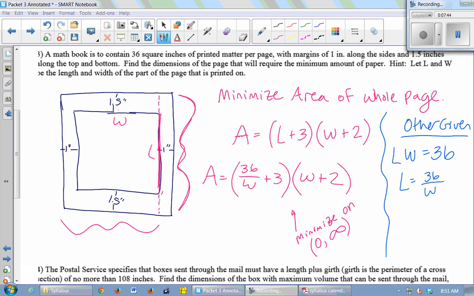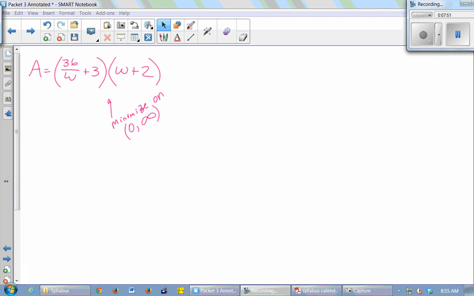So it might happen near an endpoint, your minimum, or it might happen at a critical value. All right, let's go through it together. If we're looking for a global minimum, the lowest point in the domain, because I really want to have the lowest possible area, then I need to find critical values and then also check the endpoints. This is an open interval, so I have to see what happens near the edges, because you can't actually get to 0 or infinity. So things I need to check